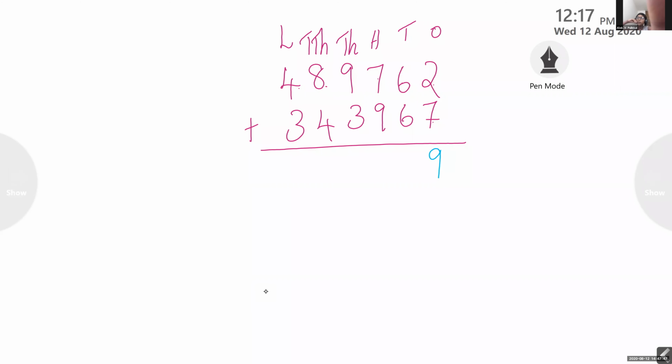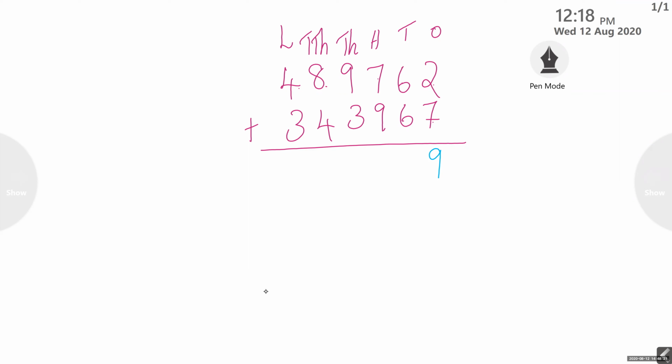Ma'am, I was late, so is this question in the workbook? No, no. We are writing in the rough book. We are just revising addition and subtraction. We are not using the workbook now. Can you say this answer now? No problem, you know addition. Is it a network issue?